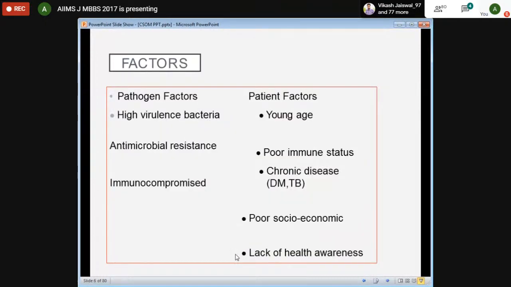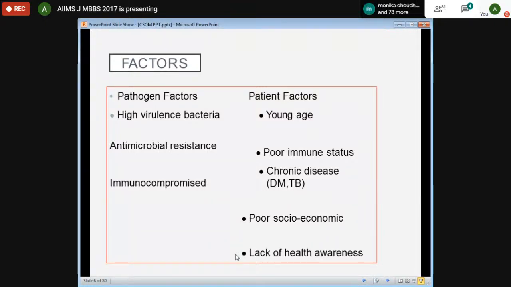So what are the factors that lead to the complications, which may lead to the early complications? First is the pathogen factor, other is the patient factor. In pathogen factor, it is the high virulence bacteria, streptococcus, and some bacteria are very highly virulent, H. influenzae, if there is a resistance developed, and some patients who are immunocompromised due to some other virus infection or